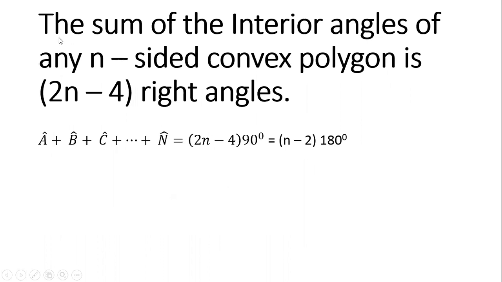The theorem: the sum of the interior angles of an n-sided convex polygon is 2n minus 4 right angles. Right angle means 90. So we can see (2n minus 4) times 90. Let the angles be A, B, C, and so on, so angle A plus angle B plus angle C plus dot dot dot until you get to angle n, since it has n sides, equals (2n minus 4) times 90. When you factorize that, you take out the 2, which gives you (n minus 2)